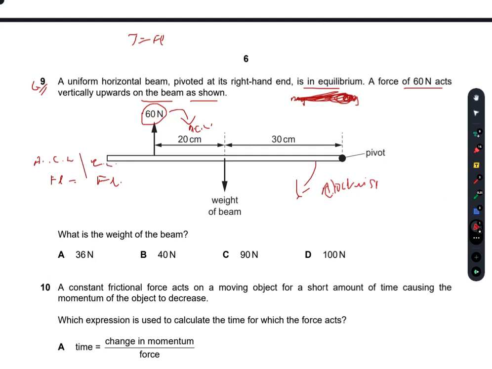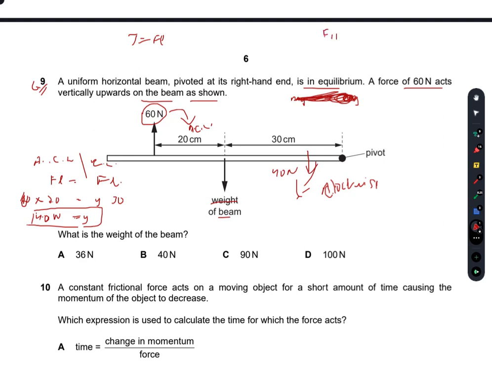Now the force acting here is 60 newtons into an area of 20, and the force acting here I have to find. First of all, I will find this force. So this force would be something like 40, I guess, and 30 into, I call this y. So y would be equal to 40 newtons. It is 60 here. So if y is equal to 14 newtons, it means that a 14 newton force is acting downward here. So simply the weight of the object would be 60 newtons.